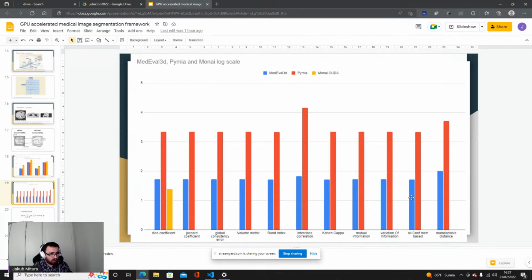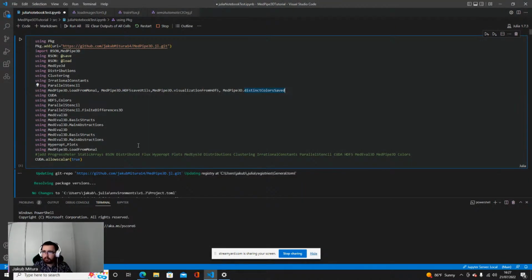Basically, this is not yet completely published, but you will also see it today. The metrics in Julia, when implemented by CUDA.jl, are order of magnitude faster than the best implemented CPU, and similar to the state-of-the-art GPU on the Monai.